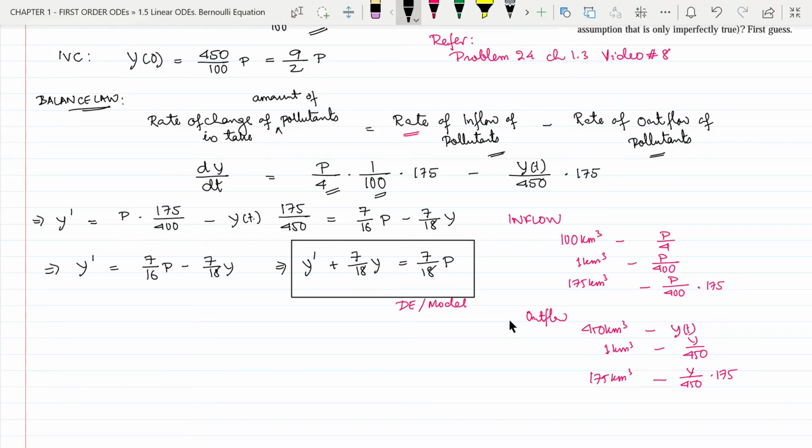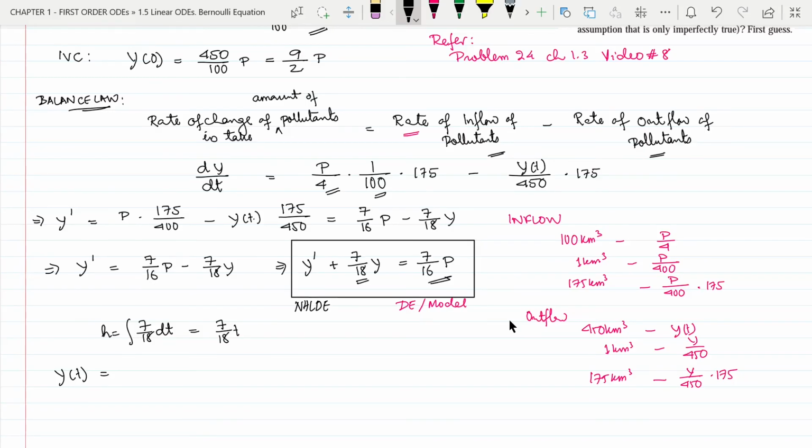So this is in the form of non-homogeneous linear differential equation, where this 7 by 18 is the p of x term, and this 7 by 16 p is the r of x term. So we have h equal to integration of 7 by 18 dt, because t is the independent variable. So this is equal to 7 by 18t,